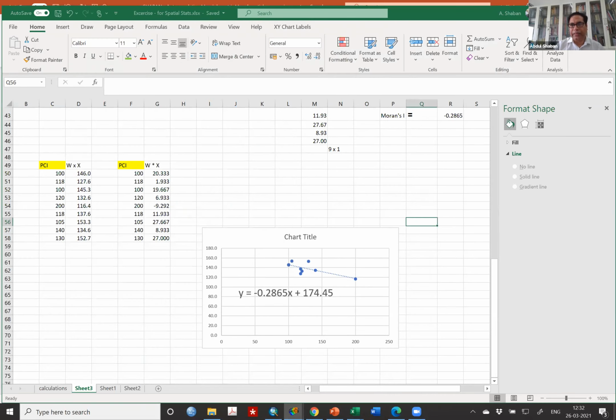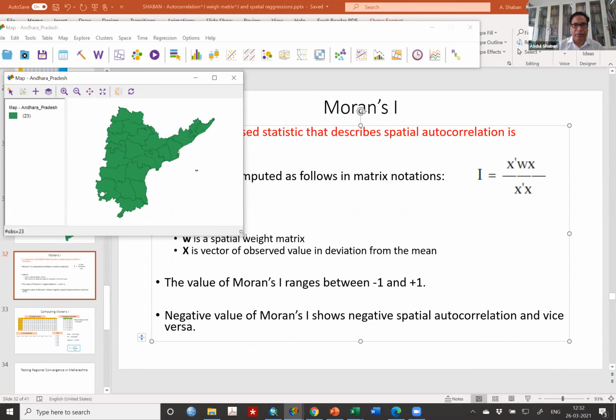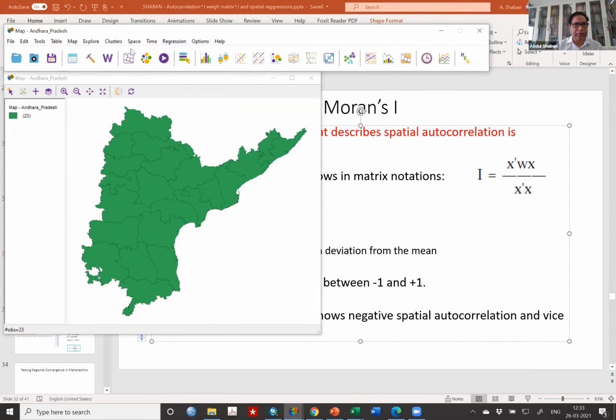So open your data. My data is this. I have Andhra Pradesh, and I have my map. This is here, and now I want to calculate similarly.